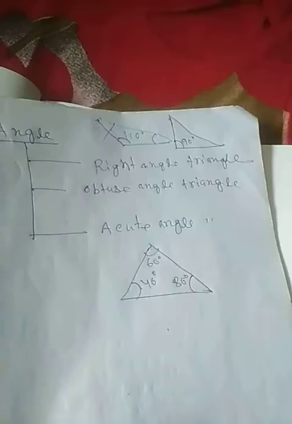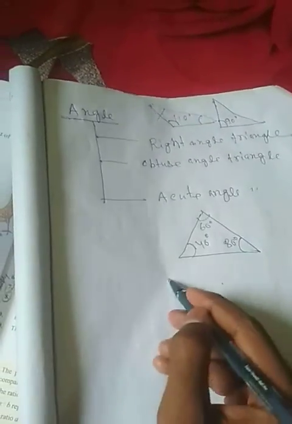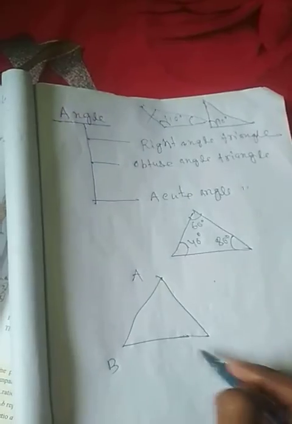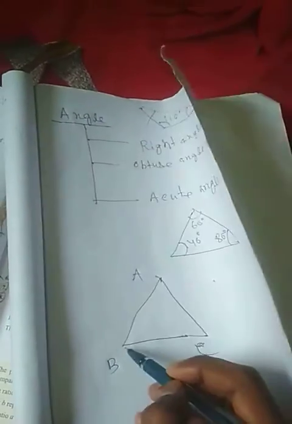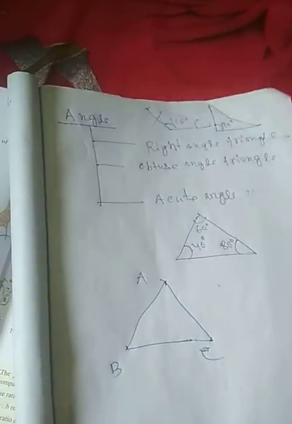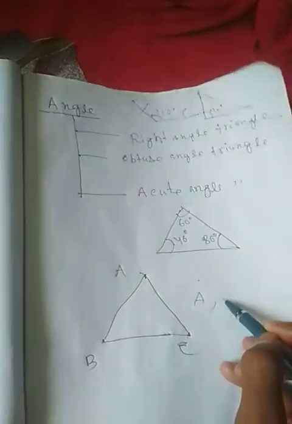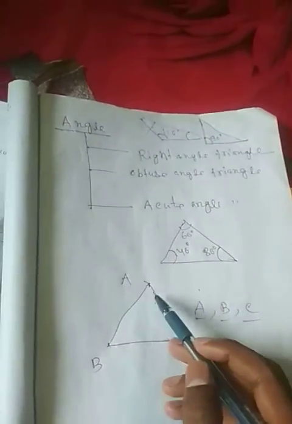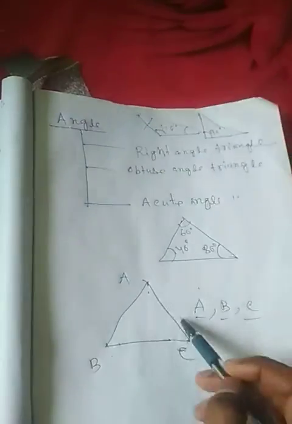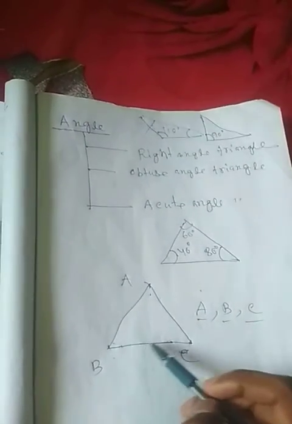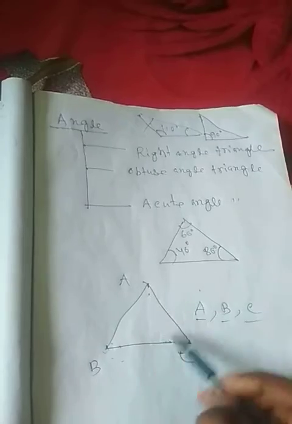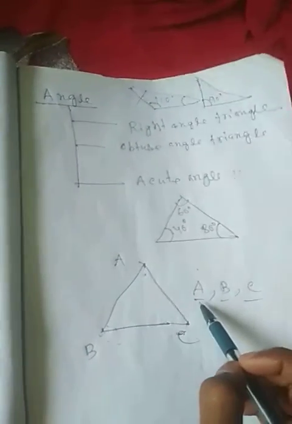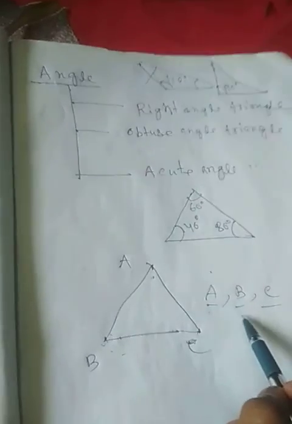So you have learned various types of triangle, and the 3 points of the triangle, like here A, the joining point, this is known as vertex. So there are 3 vertices of a triangle. Here the vertex names are A, B, C. 3 sides of a triangle: AB, BC, CA. 3 angles of the triangle: ABC, BCA, and BAC. These are already written, that's why I have not written them. I have just written here the names of the vertices.